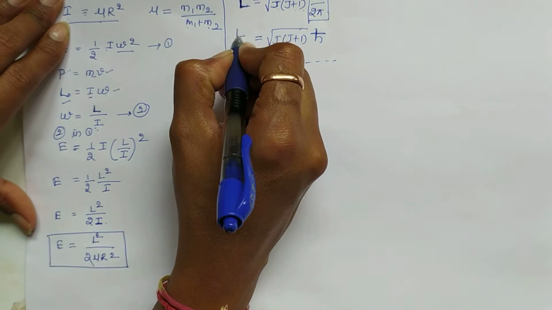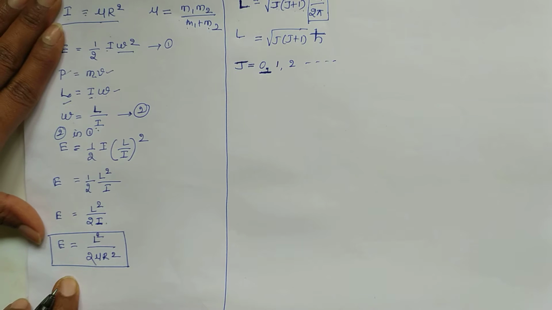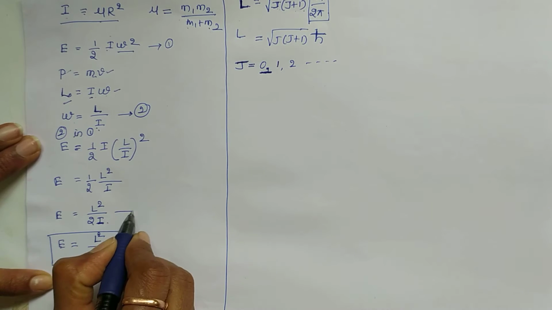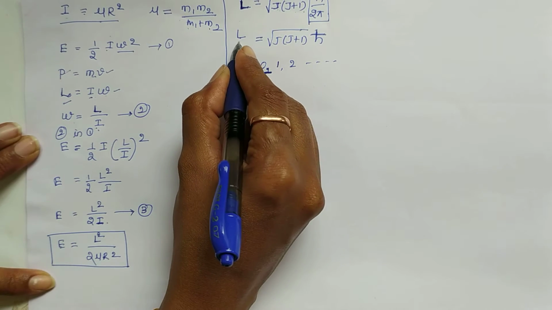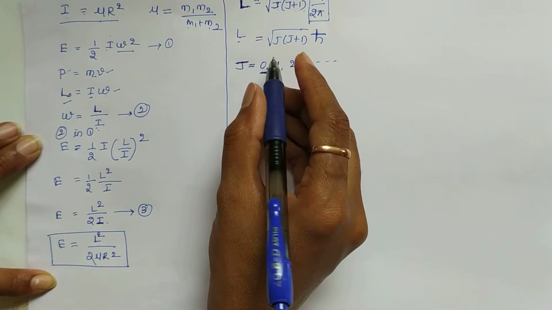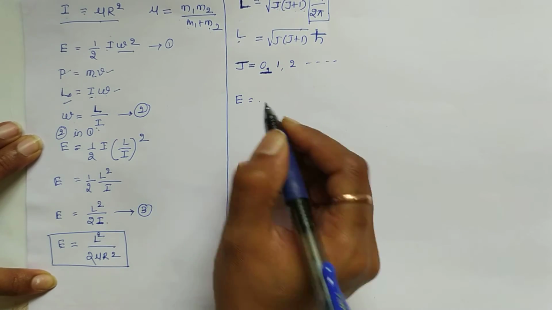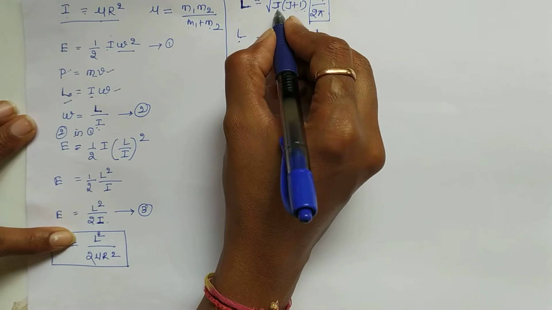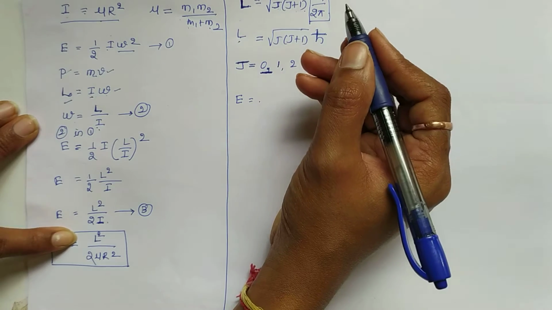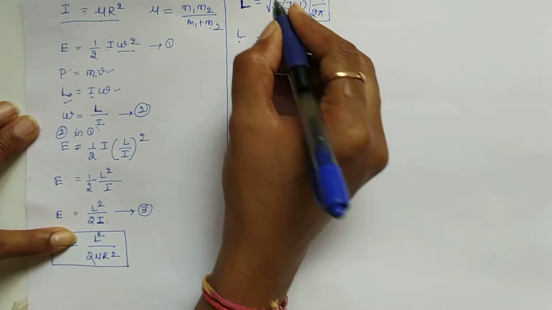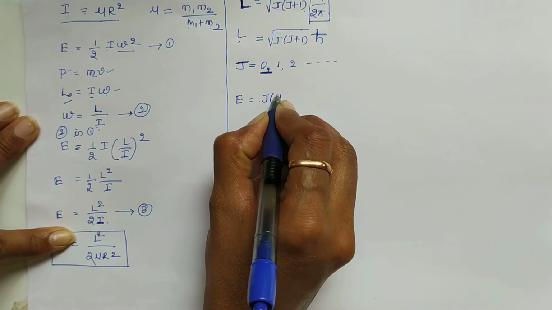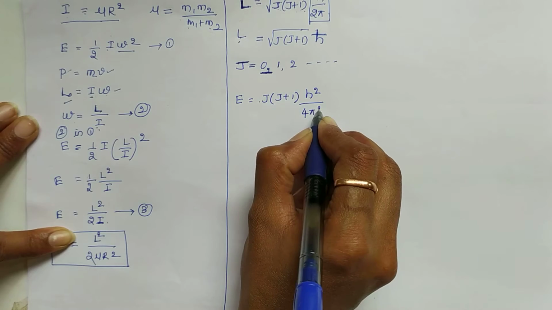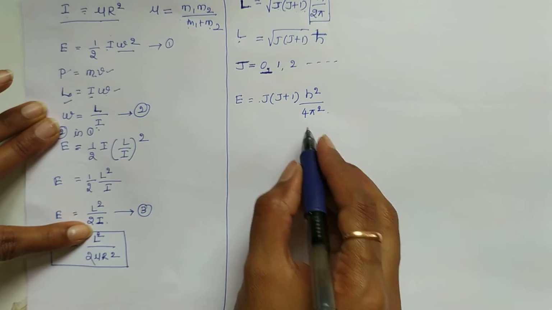Now this L value we can substitute in the energy expression. Call this equation 3. Substitute the value of L in equation 3. What are we going to get? E is equal to L square, where L is square root of J into J plus 1 into H divided by 2 pi. Square of that means the square and square root get cancelled, so you are left with J into J plus 1, H square divided by 4 pi square,